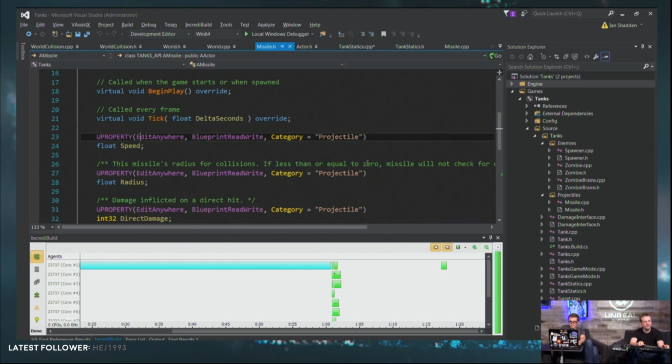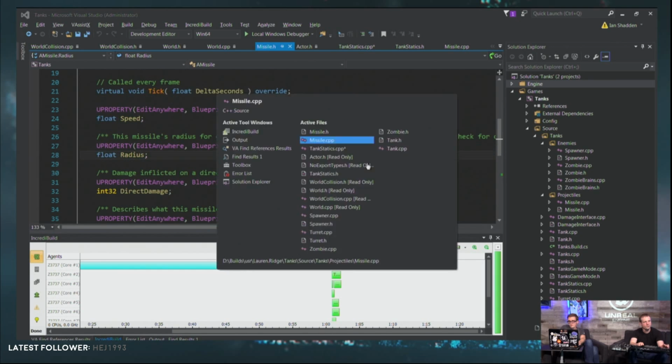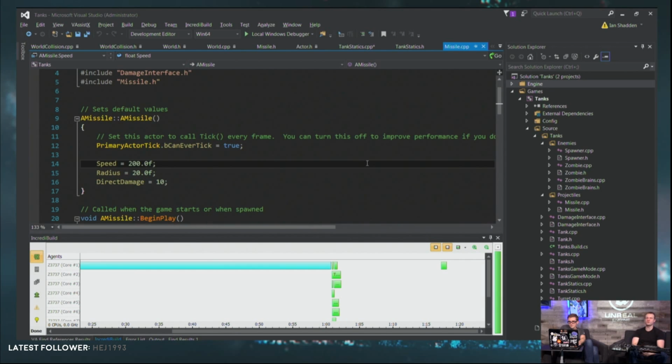Now, there's no comment on speed, but I guess speed is self-explanatory. So if you just make a basic missile, and I think we've had this happen before, where we forget to set the speed, and we're like, why isn't the missile moving? Oh, because speed is 0, right. So we set up these defaults. It's important to give it some speed. We set up these nice defaults, and then you can feel it out and change it as you like. And this is in the constructor.